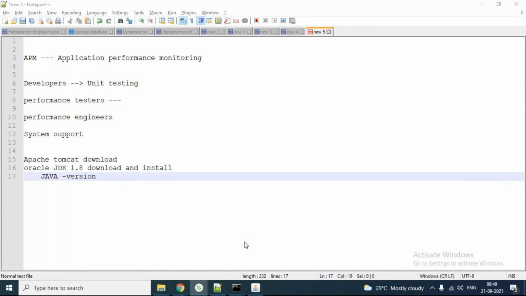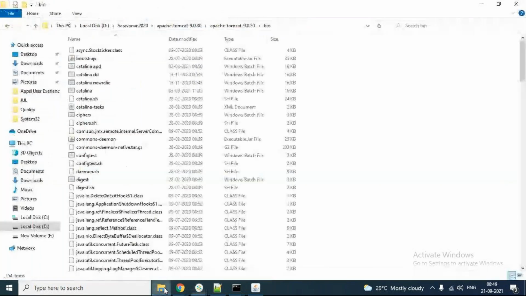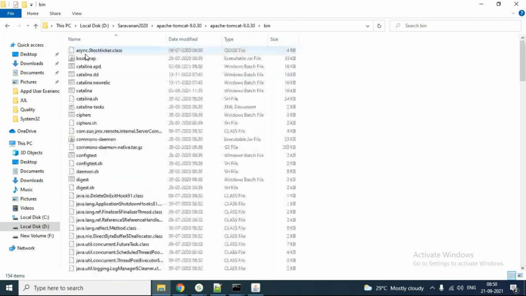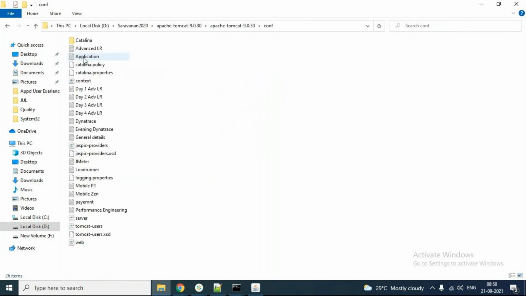Inside the conf folder of Apache Tomcat, there is a file called tomcat underscore users, which is an XML file.